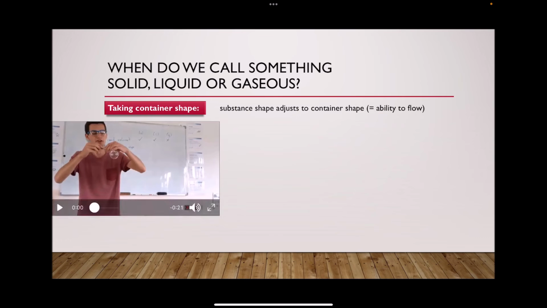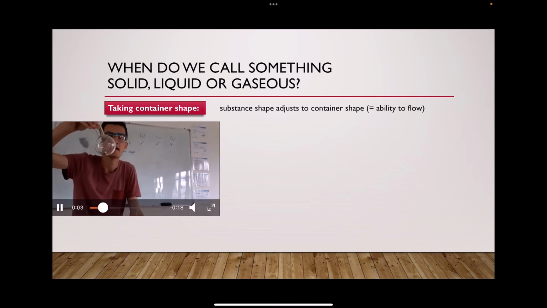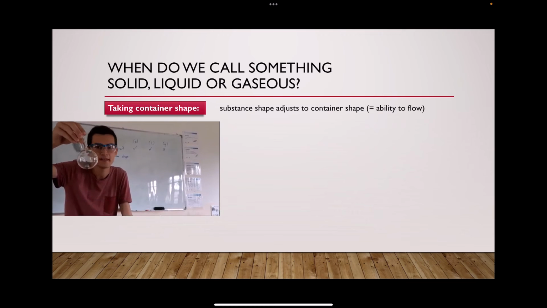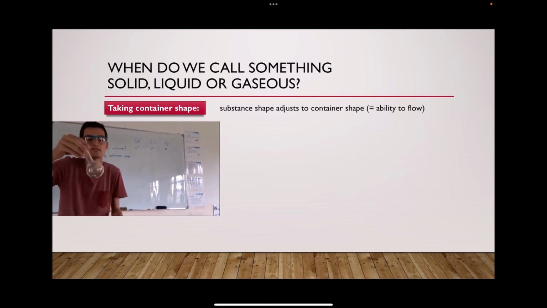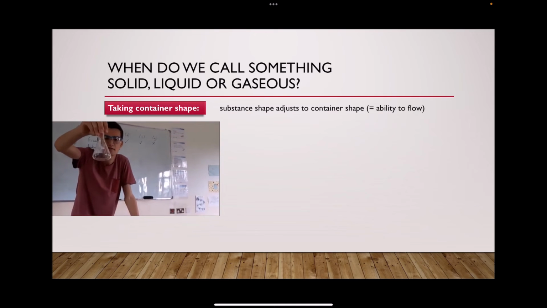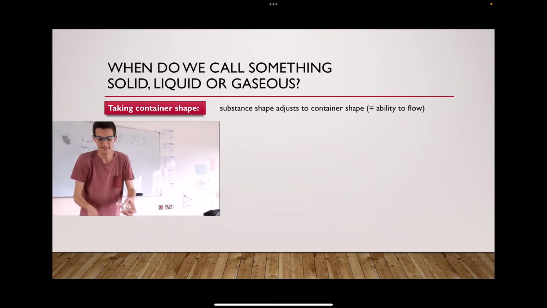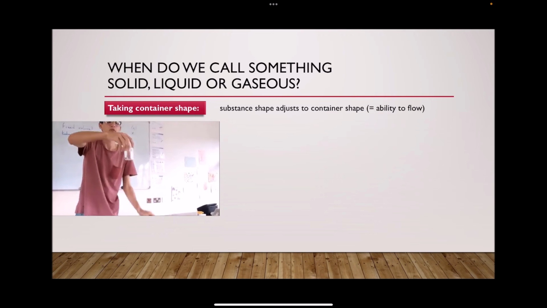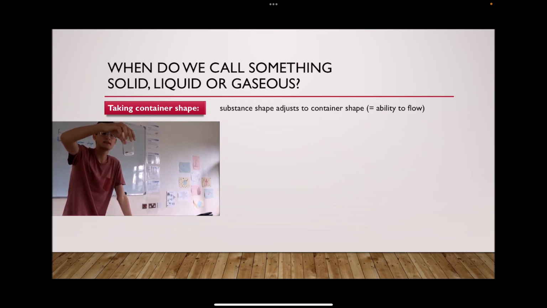Let's look at the solids again in the beginning. Here I'm using a metallic ball and I'm placing it into a round bottom flask, but the metallic ball, of course, keeps its shape. It has a definite shape, and the metallic ball remains a metallic ball no matter whether I store it in a conical flask, in a beaker, in a container with edges or which is round. It doesn't matter. And that's why we can tell that solids do not take the shape of their container, yet they still have a fixed volume.